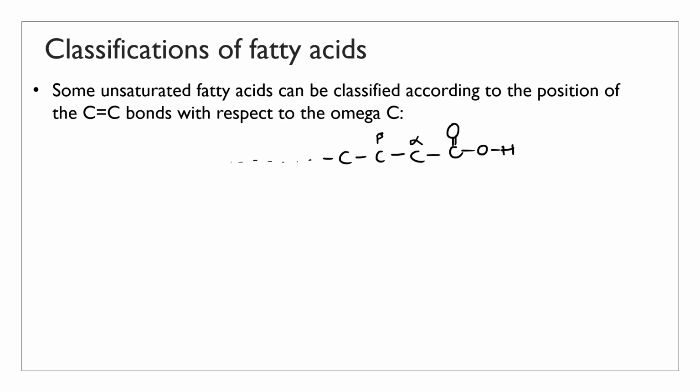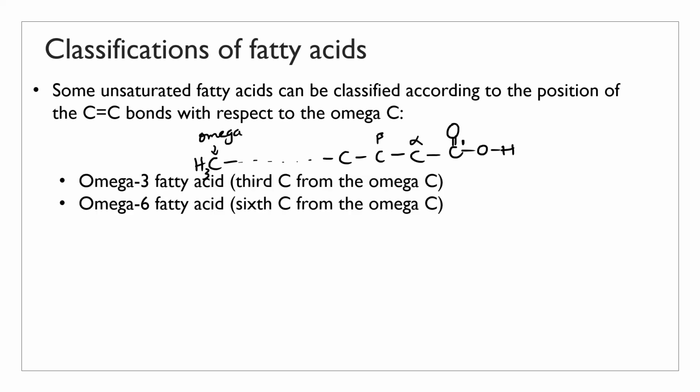to the very end of the chain. The very last carbon in the chain is called the omega carbon. So this is omega. When we talk about position with respect to the omega carbon, you need to know which one is the omega carbon. It's just the last carbon on the chain, if you will. If you count the carbon in the carboxyl group to be carbon 1, then the omega carbon is the last